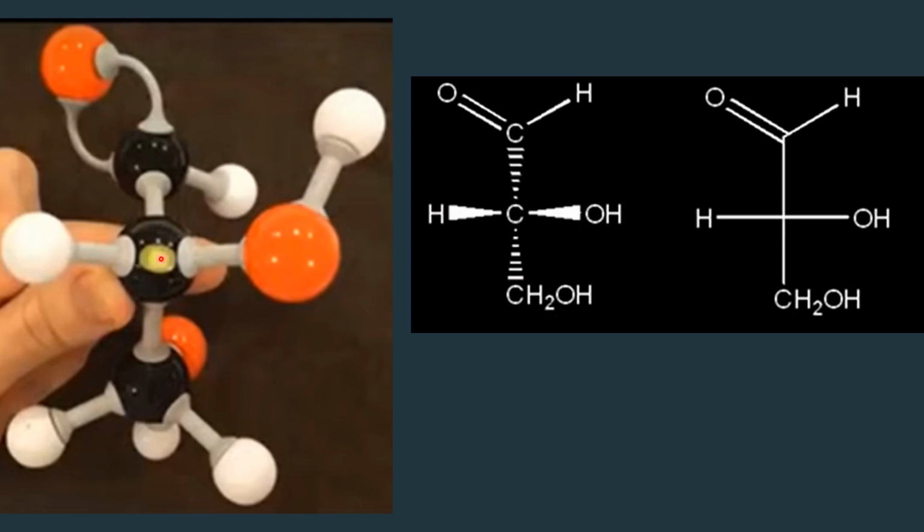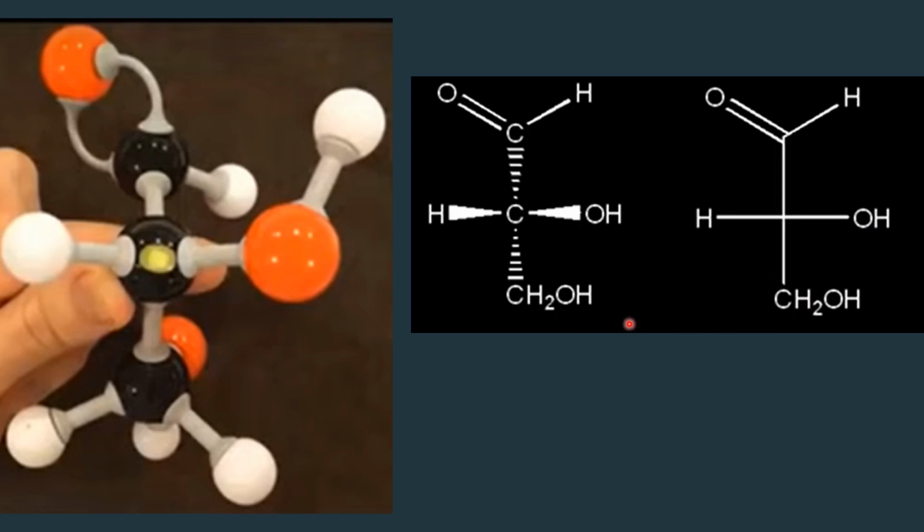So these two bonds coming towards the viewer are shown with the thick wedges, and these two bonds which are going away from the viewer are shown with the dotted wedges. So this is the flying wedge formula corresponding to this three-dimensional structure of glyceraldehyde. And this flying wedge formula can be converted to Fischer projection now, keeping the beta bonds in the horizontal line and the alpha bonds in the vertical line.